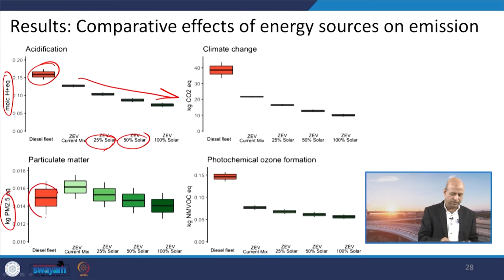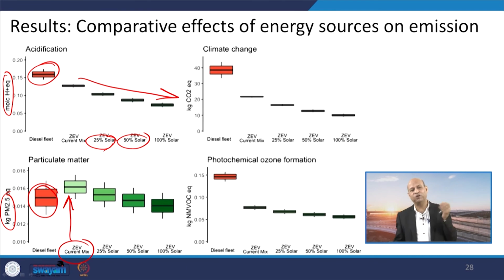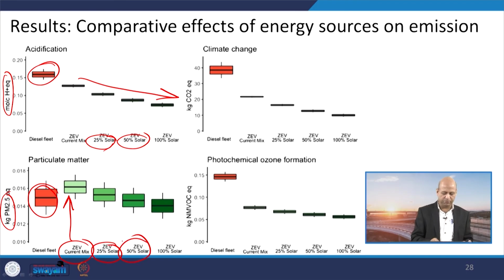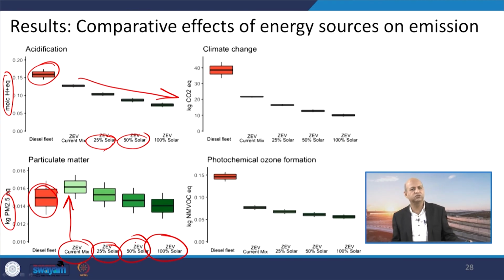Okay. So, diesel vehicle emission is there, but with the current mix where coal based power plants are used for electricity production, the emission is more. That is very counterintuitive. When 25% solar is there, the emission reduces further, and up to 50% it is roughly equivalent to diesel. But if 100% solar or renewable energy resources are used to produce electricity and to charge the battery,